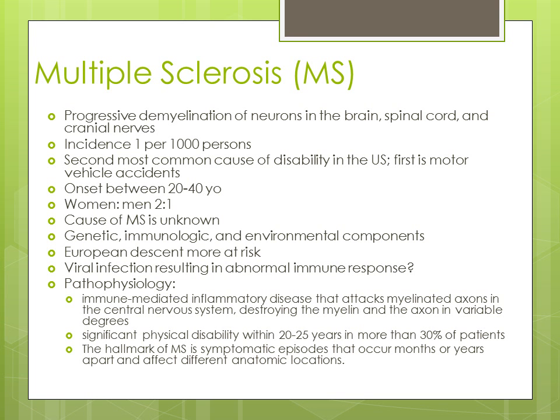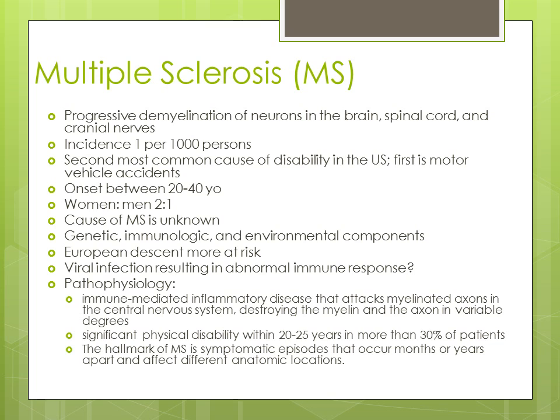Okay, moving right along. Next we have multiple sclerosis. So this is a progressive demyelination of the neurons in the brain, the spinal cord, and the cranial nerves. And it's relatively common, 1 in every 1,000 persons, and it's the second most common cause of disability in the United States, the first being motor vehicle accidents. And this most commonly comes on between 20 and 40 years old. Women are twice as affected as men, and